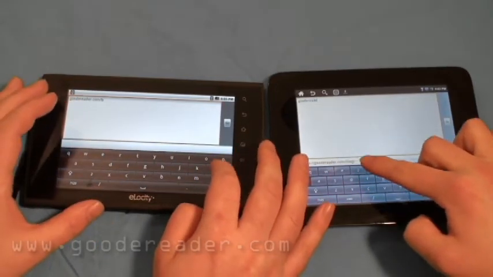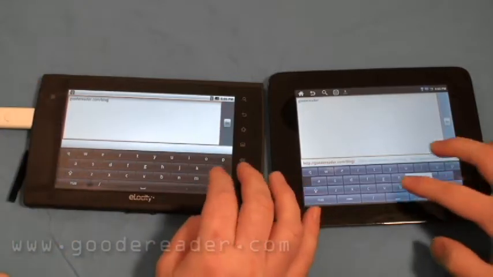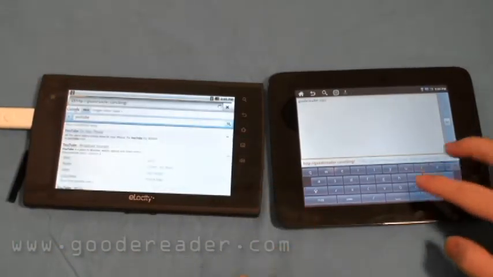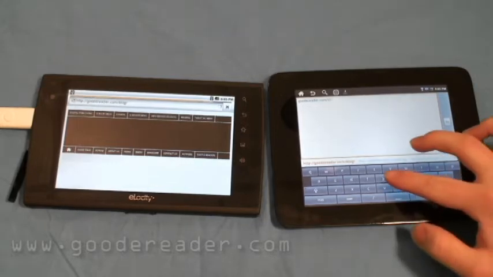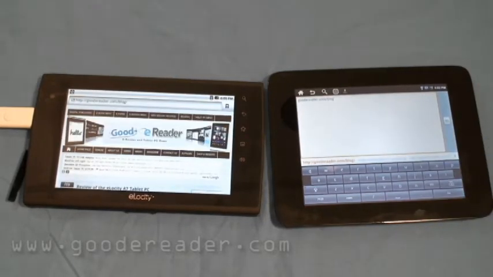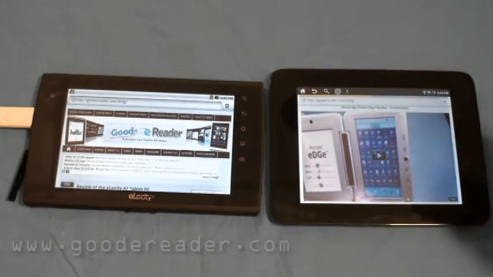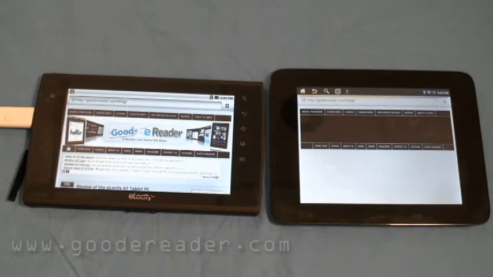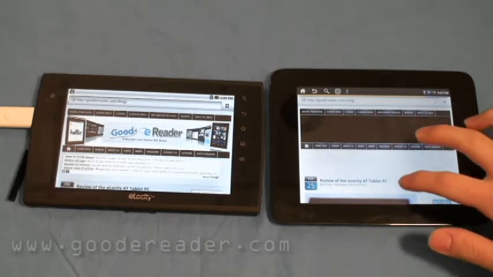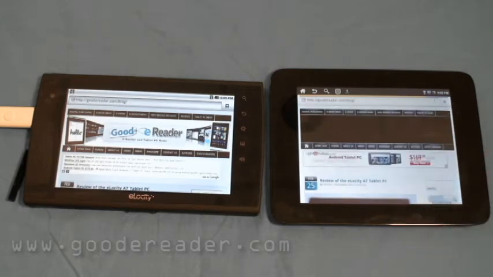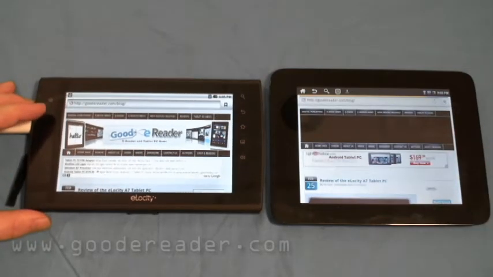You can see that this is very sensitive. I was able to type in the whole address and it go really fast. Whereas you can see that there's a lot of delay with the keyboard on the tablet. There were indeed a couple times where I was pressing the R and a W would show up. Much like when we were typing in our Wi-Fi password, we both took an attempt at it, pressing backspace, and K's and P's would start popping up randomly. So there is definitely a problem with the keyboard's responsiveness,